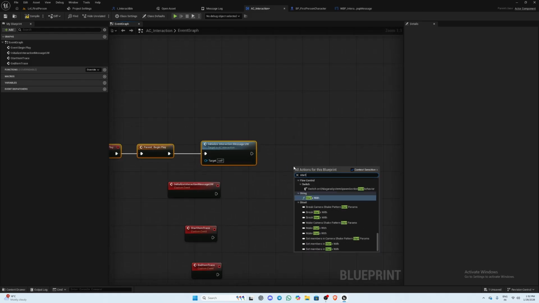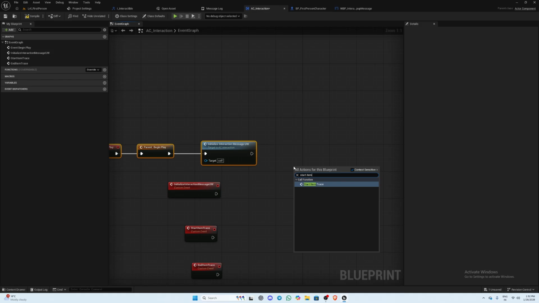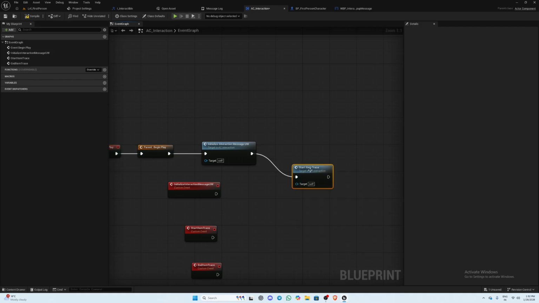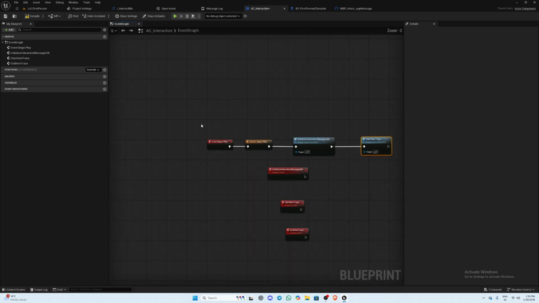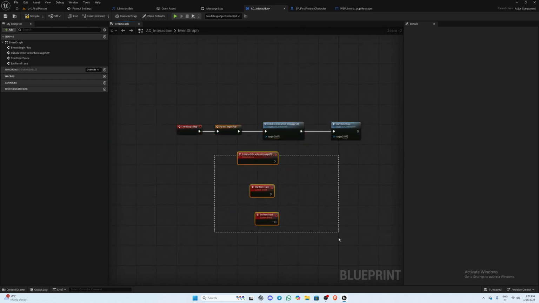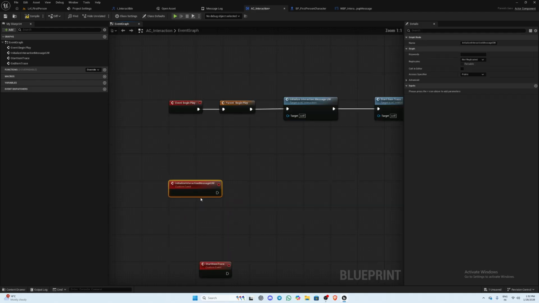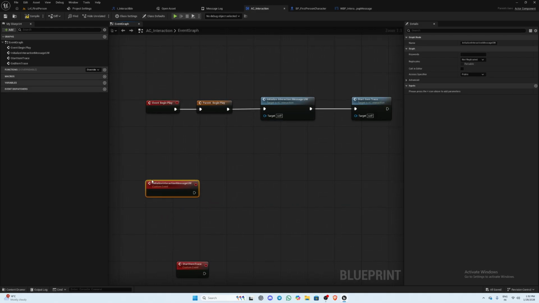Okay, and I want the trace to be enabled by default, so I'll call this function start item trace in the begin play event. There it is. Now let's implement this initialize interaction message user widget function. So in there, what we need to have is, basically it should be creating a